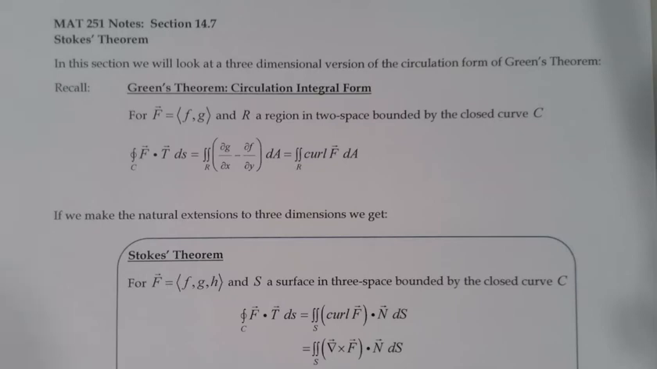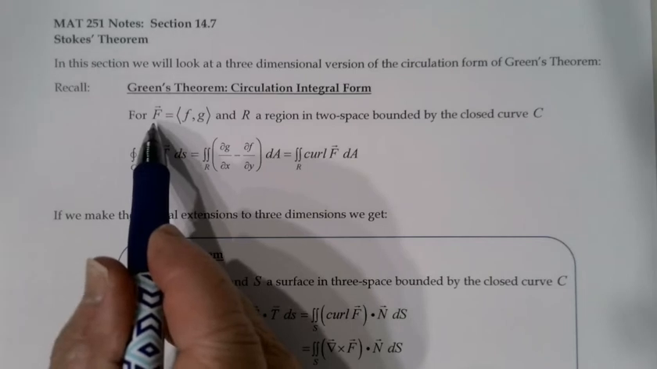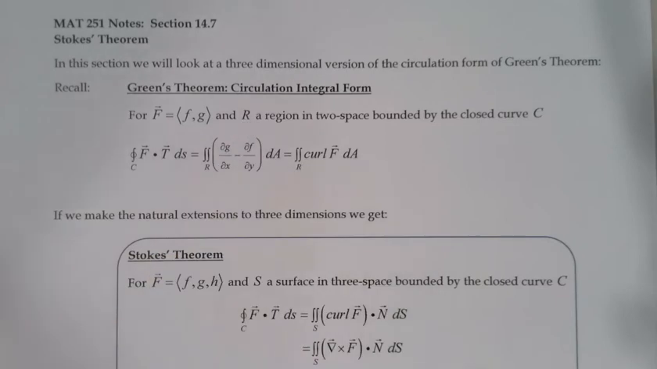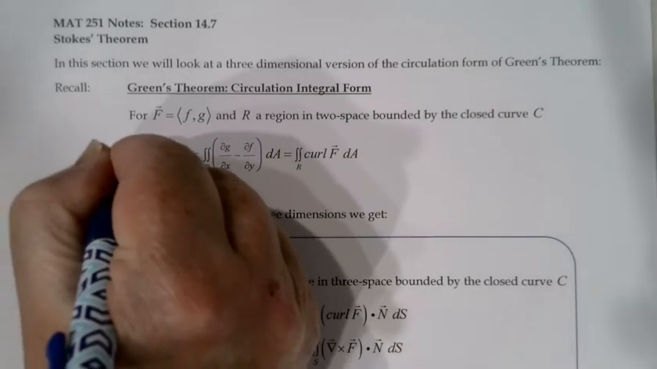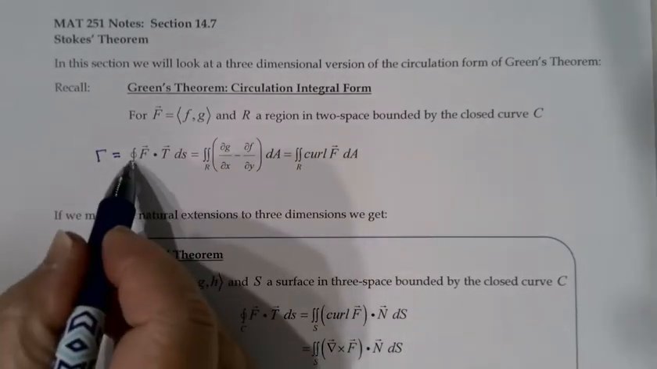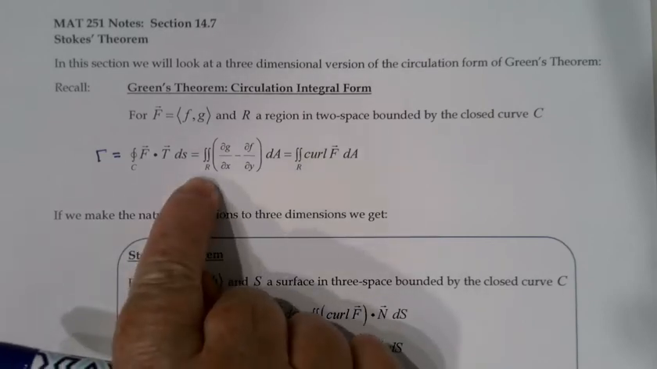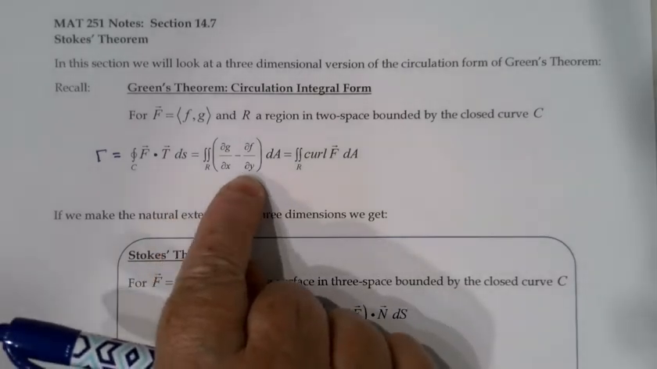First of all, in this section, Stokes' theorem is the three-dimensional version of the circulation form of Green's theorem. And I'd like to start by just quickly reviewing with you what Green's theorem said for the circulation form. Two-dimensionally, I had a vector field, F, defined as f, g. R was a region in two-space, bounded by a closed curve C. And we then said our circulation, F dot T ds, over that closed curve, could be calculated as the double integral over the region R of partial of g with respect to x minus partial of f with respect to y